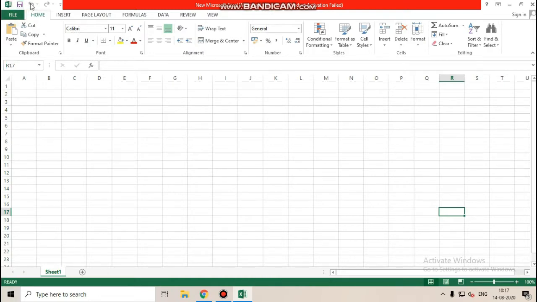Second, you have tools also, but we have to just come to this button: save, undo, redo. We call it the quick access toolbar. Quick access toolbar means you can do any task. Suppose I did this and I don't want it, you can go one step back. Oh, I remembered, that was correct. You can do this. So you have three options, undo, redo, and you can save your file. Because my file was already saved, if I click, my data will save automatically.